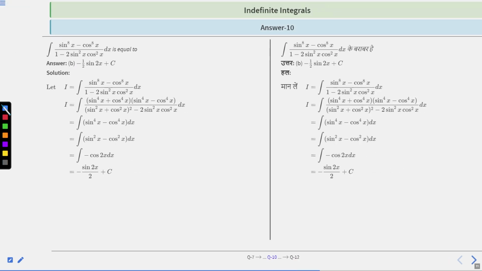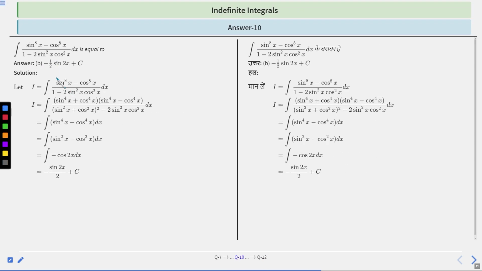Okay, let's move to the solution part. I can be written as integration of sin to the power 8x minus cos to the power 8x upon 1 minus 2 sin square x cos square x dx. Now, sin to the power 8x minus cos to the power 8x can be written as sin to the power 4x plus cos to the power 4x into sin to the power 4x minus cos to the power 4x, upon sin square x plus cos square x whole square minus 2 sin square x cos square x, right? Now, it can be written as